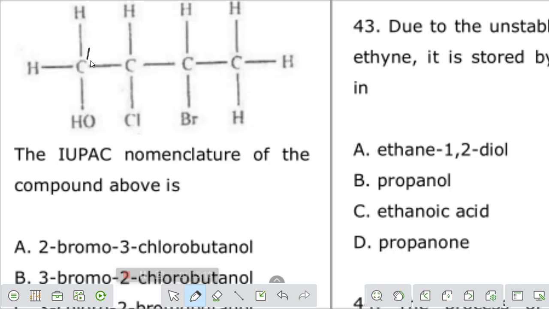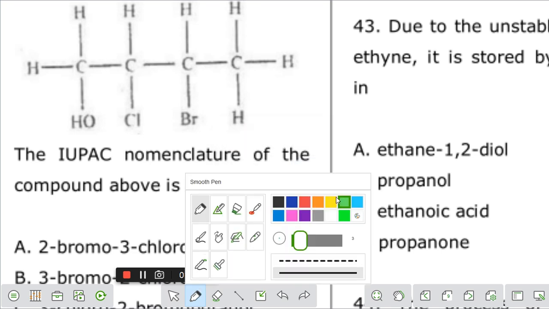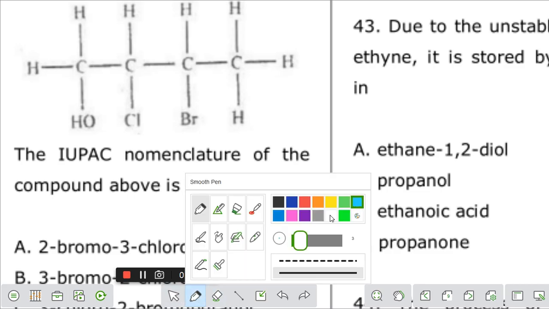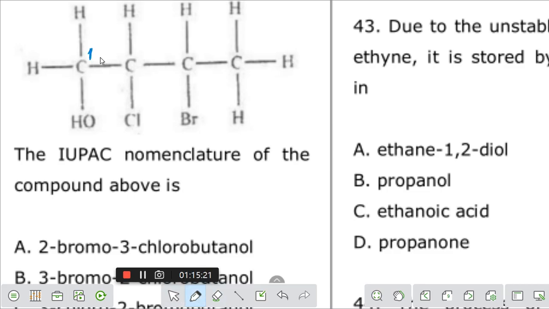That will be 1, or should I use another color so that you can know that? Okay, let me use blue. I want to use a very thick color. So 1, 2, 3, 4. Look at it now. So 1, 2, 3, 4. So now what is it telling us? You start your naming in alphabetical order. So don't go and be saying 2-chloro. No, you start from bromo, because bromo comes first alphabetically. You firstly see bromo before chloro, right? So you start with 3-bromo,